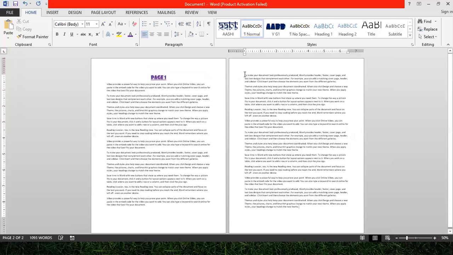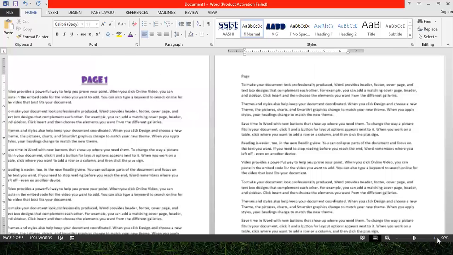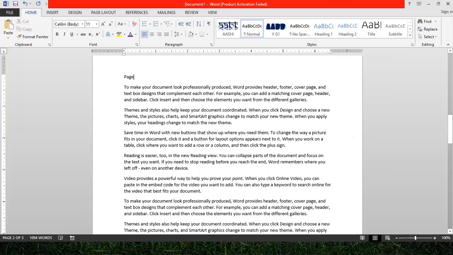Now my document is having two different pages, and again I'm giving one title here, that is page 2. Let me zoom the page a little bit. So now again I'm giving the title here page 2.